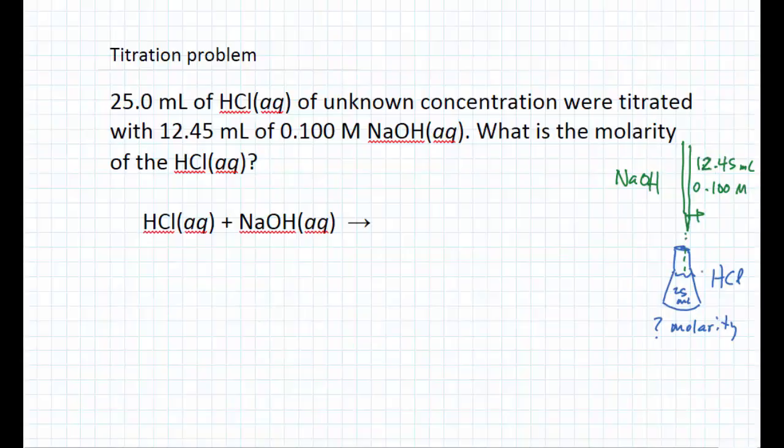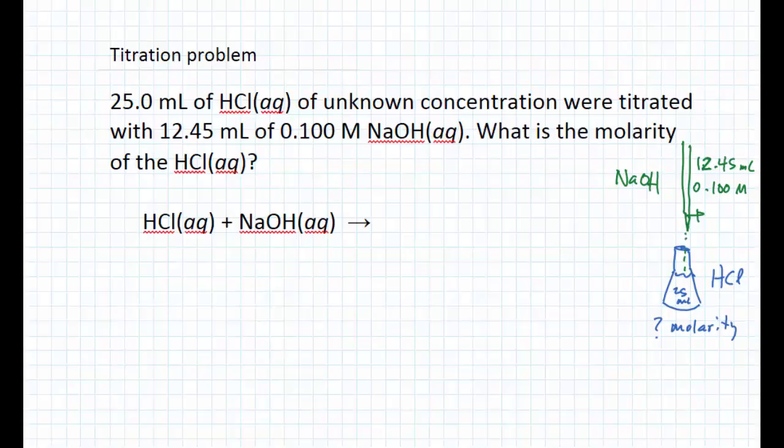Okay? You have to know the concentration of one of these solutions in order to figure out the concentration of the other. In lab, what we actually do, the first step is figuring out what the concentration of that sodium hydroxide is. So titrating that sodium hydroxide with a certain amount of a solid acid down below. Okay? That's a standard way of starting it. But then once you know the concentration of that sodium hydroxide, you can titrate your unknown acid